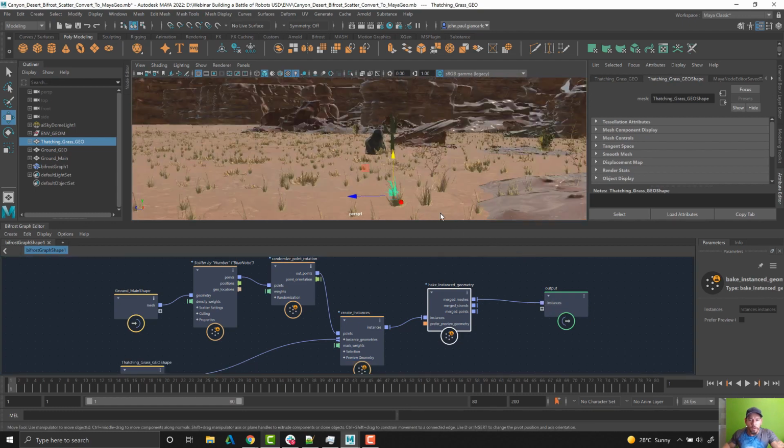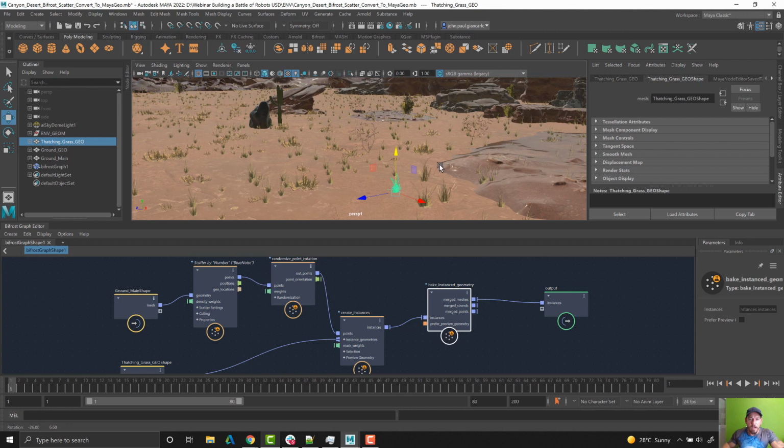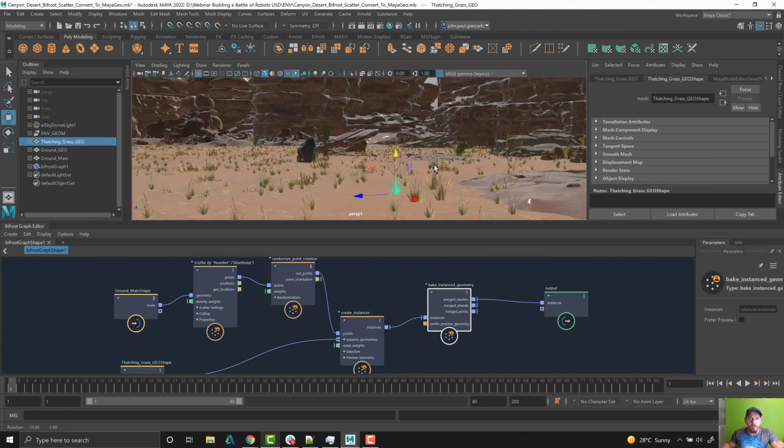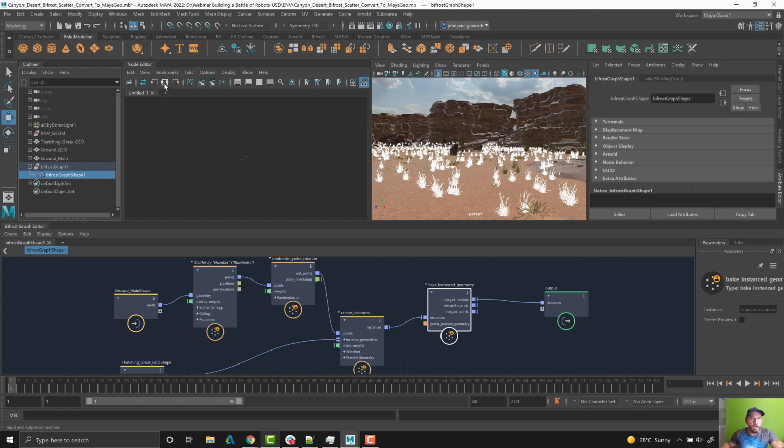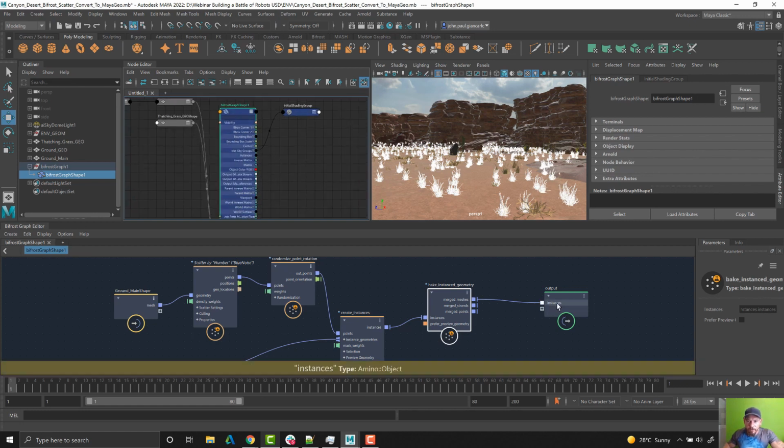Okay, so that's done now. As you see now, Maya is struggling a little bit to work with this, but that's no problem. We can go into the node editor now, and we're gonna find the Bifrost graph shape here in the outliner, and we're gonna source it into the node editor. Once I have that, I want to expand by clicking Alt plus left mouse click, and you'll see I have the instances